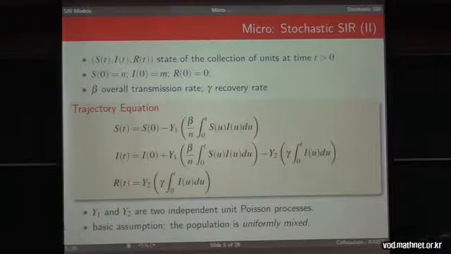And then R's are just keeping track of the number of recoveries. So I am basically collecting all of these I's that I have lost through this process. So this basically just tells me that I am looking at time t at the Poisson process that has this rate. So the assumption here, which is important, is that